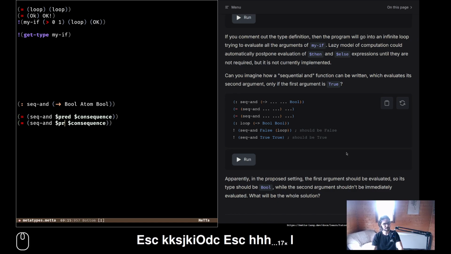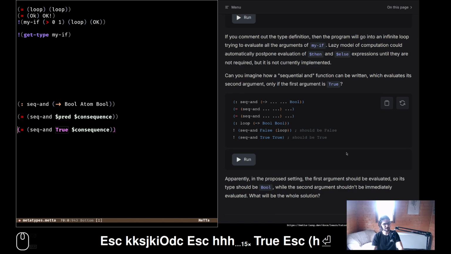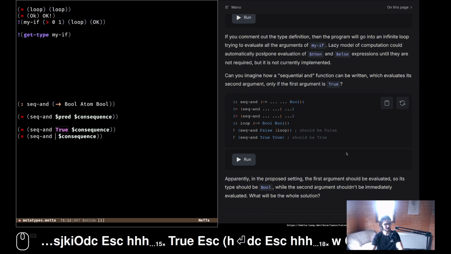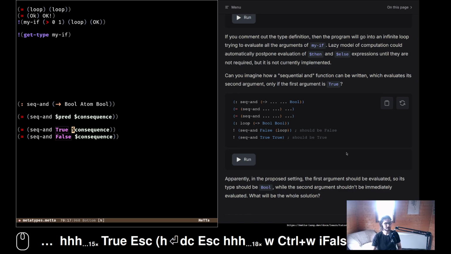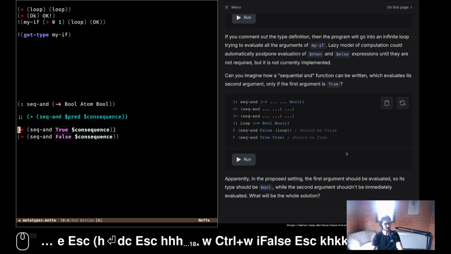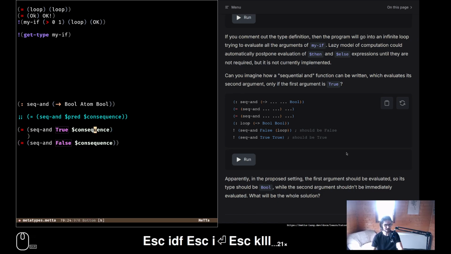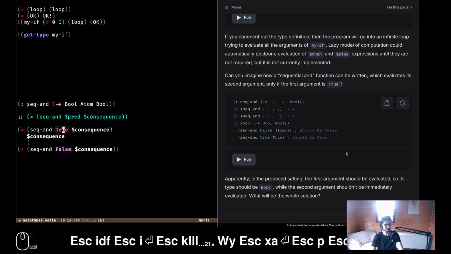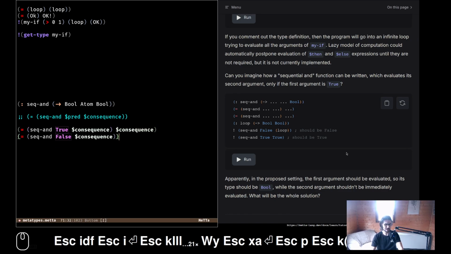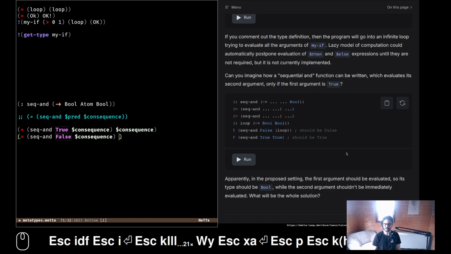This is so cool. This pattern matching stuff allows us to say it like that, and we don't even talk about the predicate. We just talk about the base case, because the evaluator is going through the predicate and reduces it to a boolean. So we have this thing here. So now true then is the consequence, and else it's nothing.